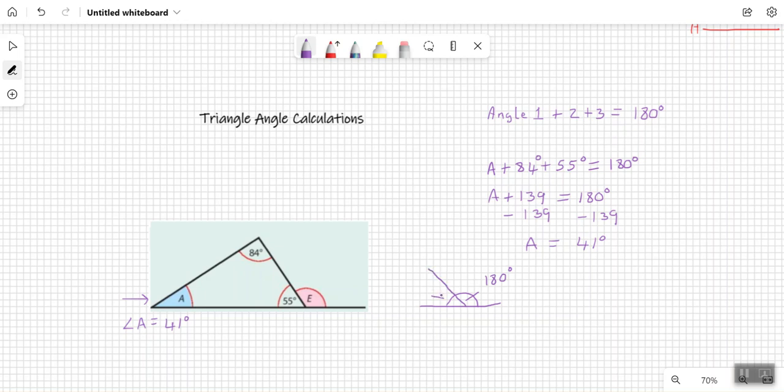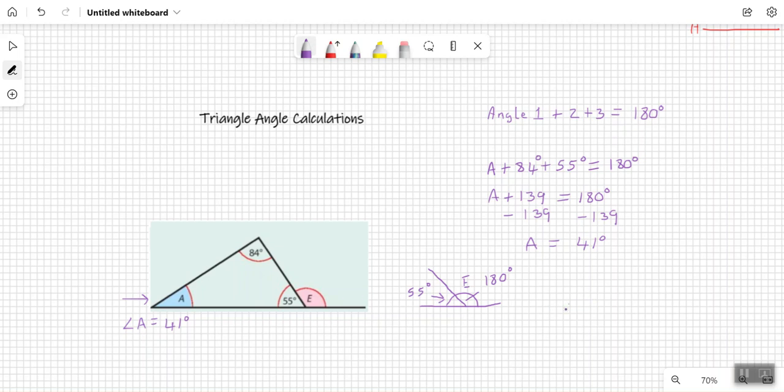And this angle is this one here, which is 55 degrees. And then this angle here, which is the angle E, is going to be the difference